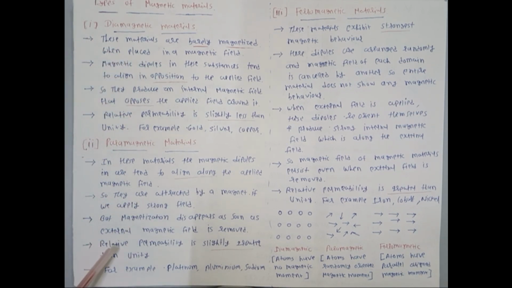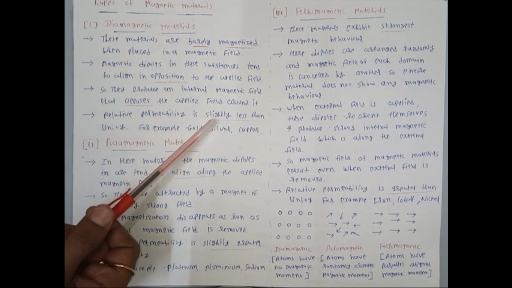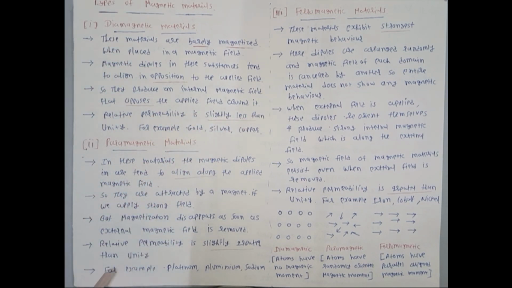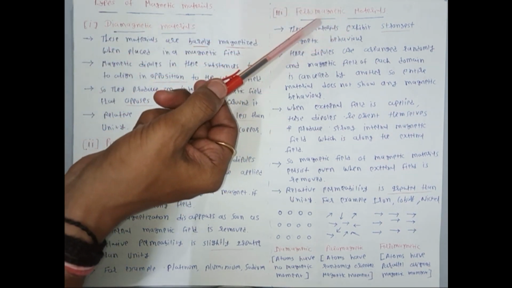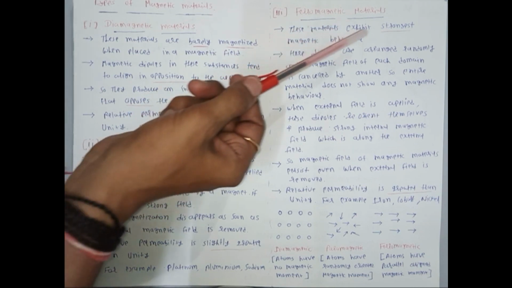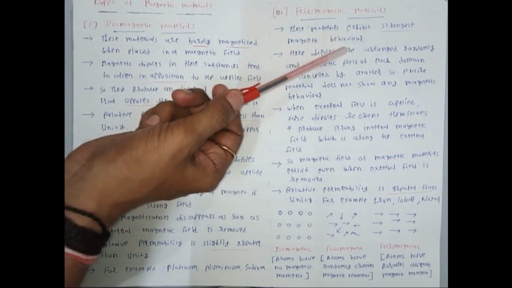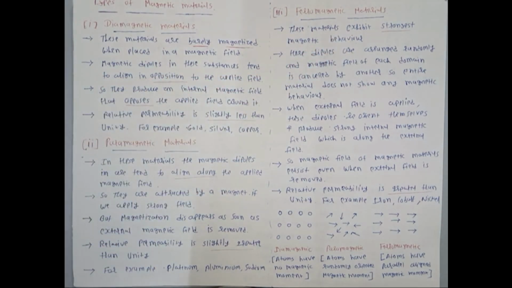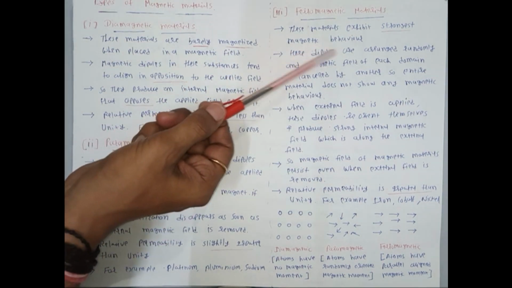Here in paramagnetic material, relative permeability is slightly greater than unity. In the case of diamagnetic material, it is slightly less than unity. Examples of paramagnetic materials are platinum, aluminum and sodium. Okay. So the last one is ferromagnetic material. These materials exhibit the strongest magnetic behavior, or we can say that these materials are used for the production of permanent magnets, because here dipoles are arranged